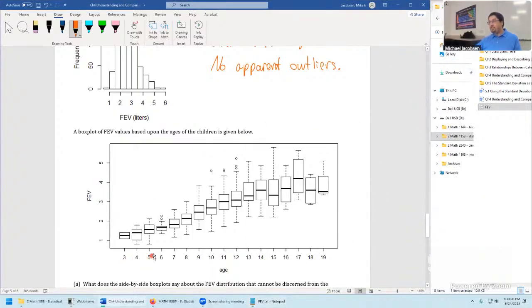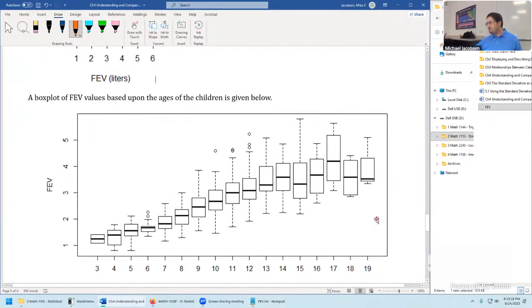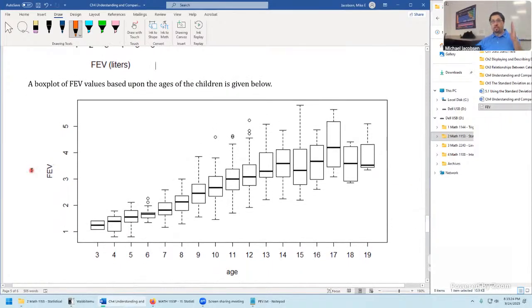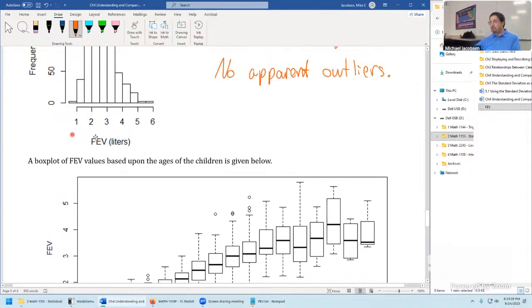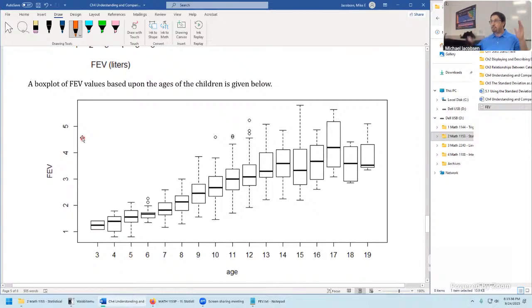So now we have ages separating out all of these different box plots like we've just seen before. This is kind of a busy graph, so let's blow this up just a little bit and see what we can tell about it. So FEV goes vertically, kind of like how we had number of species going vertically. It feels a little bit odd at first because we're used to our quantitative variable going horizontally like this. But now vertical display, just so we can have the width of the page. That's one reason vertical is nice. And split up the FEV lung strength variable across all the ages.